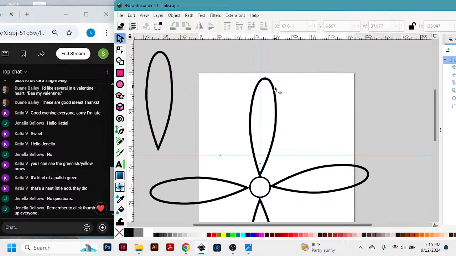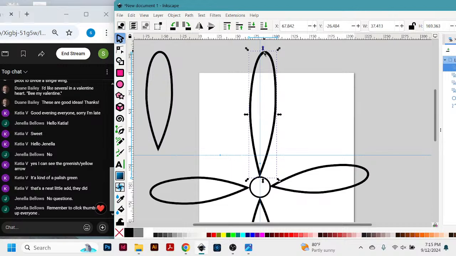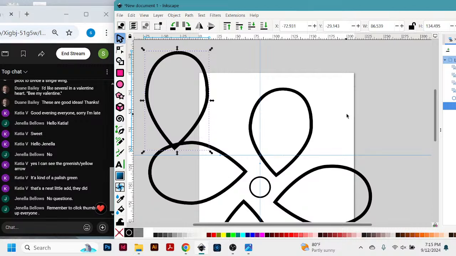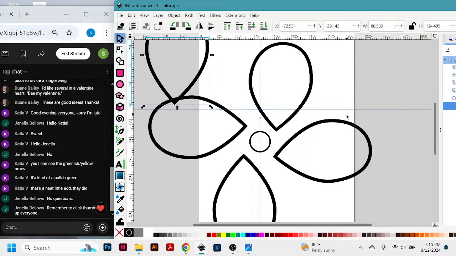But even this one now, because it's one of the clones, isn't going to change the other. But I could still go over here and change this one. And all of them changed. But notice you have to redo your bottom points